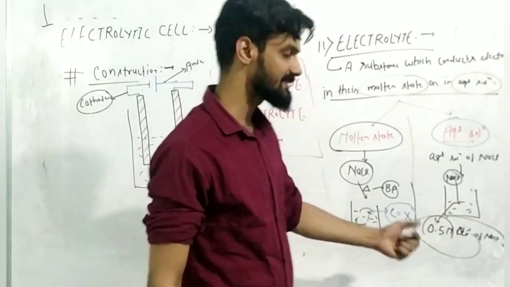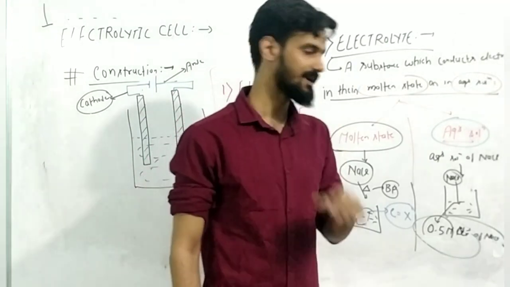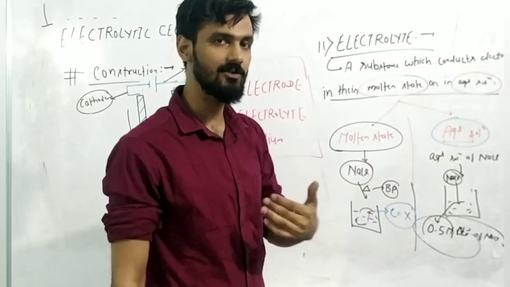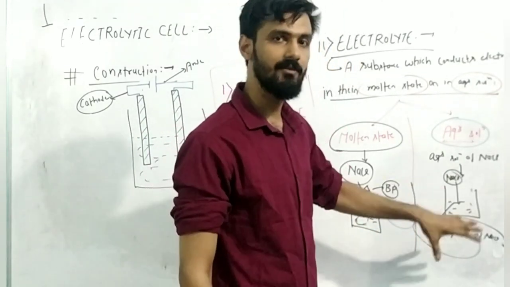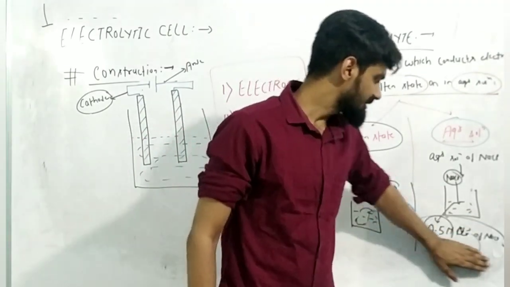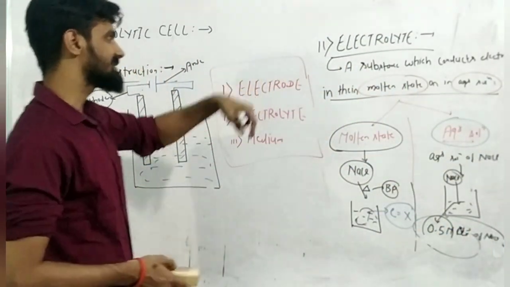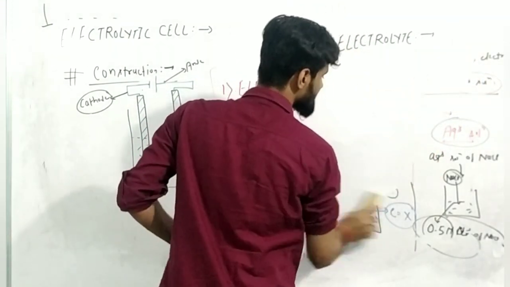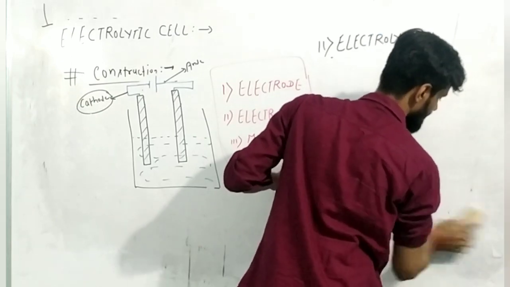Already I have solved these things in the solution topic. If you see my previous video on solutions, then definitely you will be able to understand all these concentration terms. I have already discussed them in a very concise way. Okay, so just go to that video on solutions, and you will be able to grasp everything. So this was the part of the electrolyte. Now I am going to discuss the types of electrolyte. This was the state of electrolyte and how we prepare these two types of electrolytes.